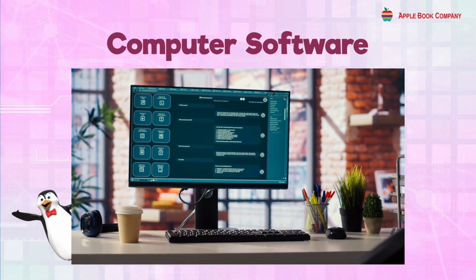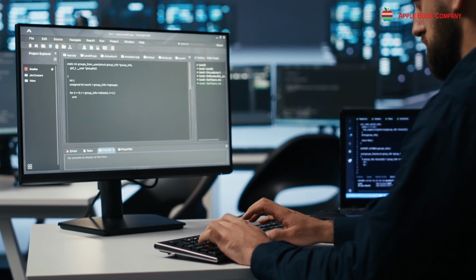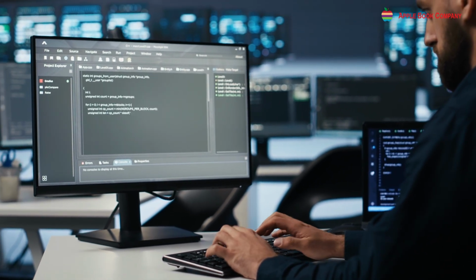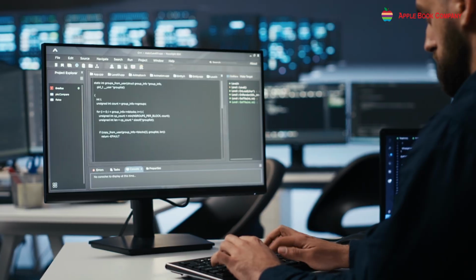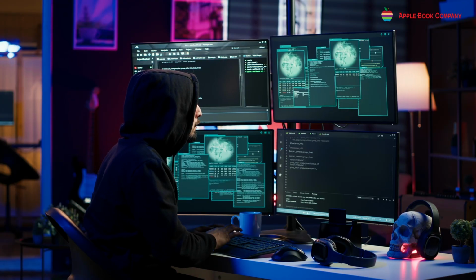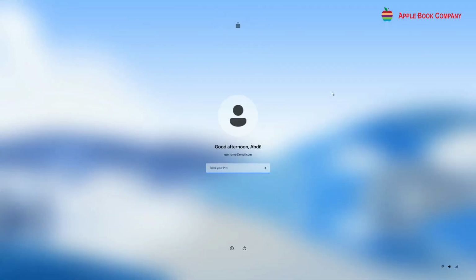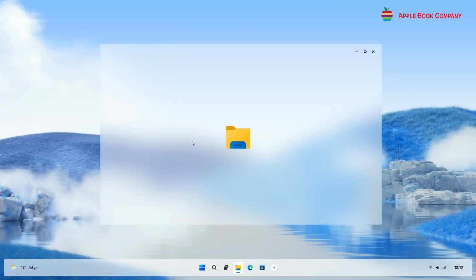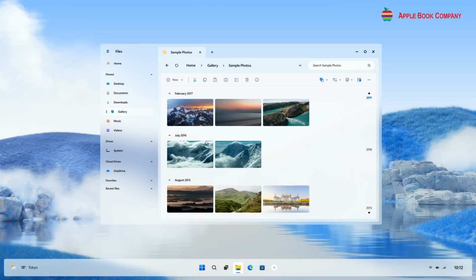Computer software. Software is a set of instructions given to the computer to perform a task. We cannot see or touch the software of the computer. There are two main types of software. System software. System software is like the foundation of a house. It provides the basic functions that the computer needs to operate.